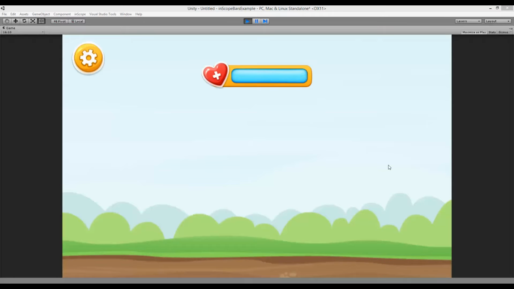I've created an asset package called inScopeBars, and this asset package contains functionality for creating different kinds of bars in a very easy way. You can create a lot of different bars, for example health bars, casting bars, menu bars, and so on. This package makes it very easy for you to create these bars because it only takes a few minutes for you to create a health bar, for example. You only need to write 5 lines of code, and then this asset package actually does the rest of the